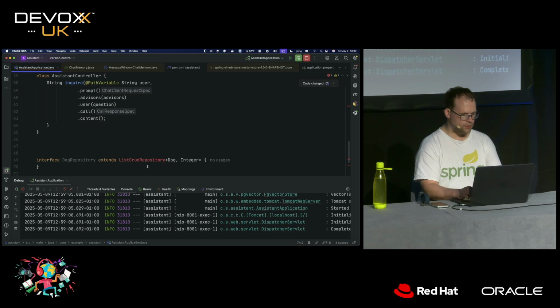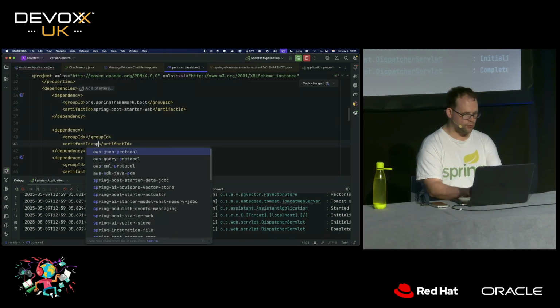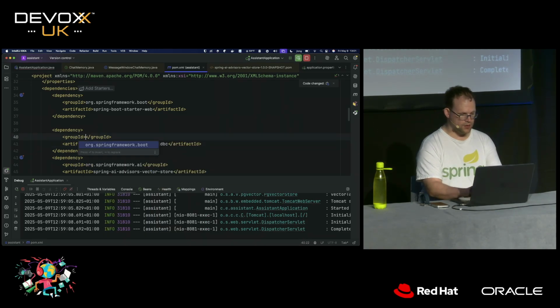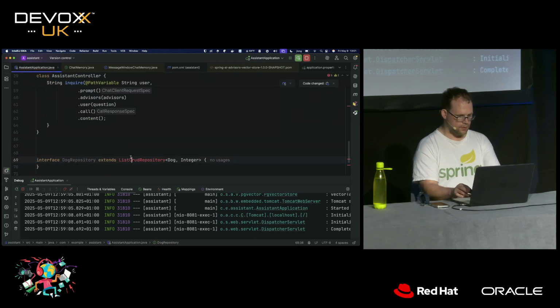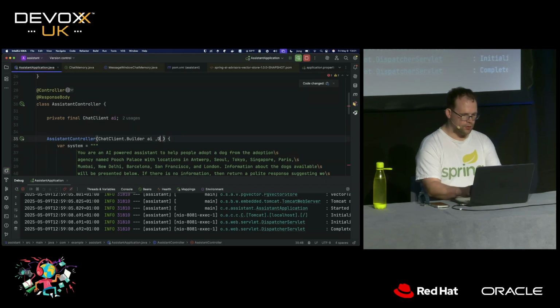Okay. And here I'm going to be using Spring Data JDBC to talk to the database just as before. So Spring Boot starter data JDBC. Okay. Spring, Command Shift I. Go over here and reload this. Good.